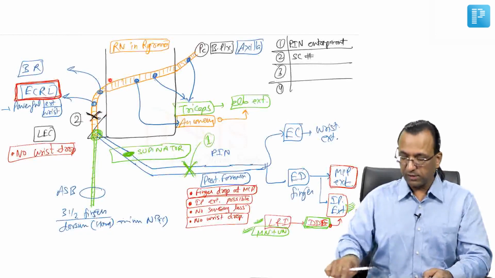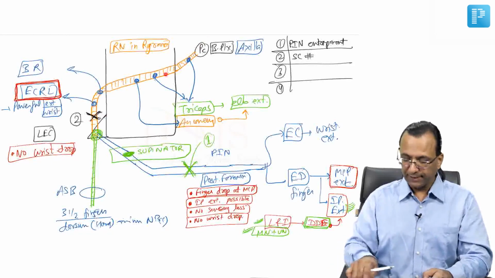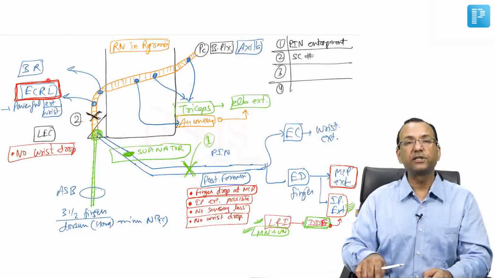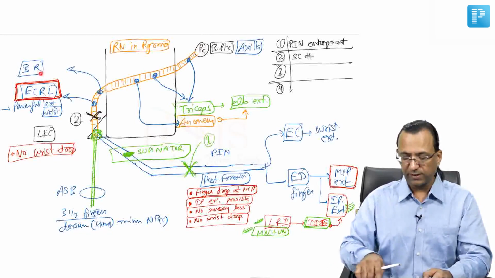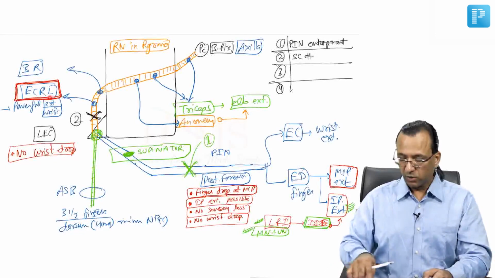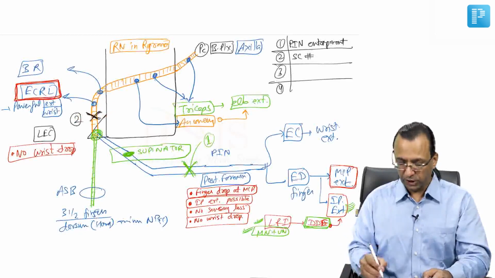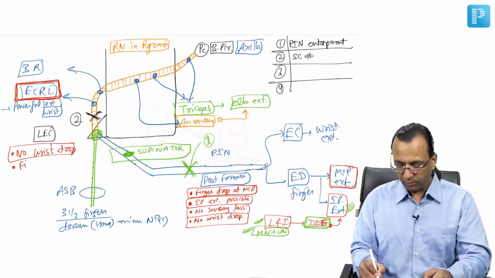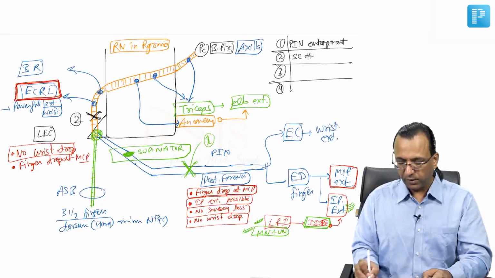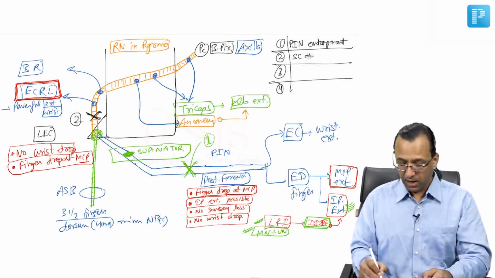You mean to say triceps working? Yes. You mean to say brachioradialis and ECRL working? Yes. And because ECRL is a powerful wrist extensor, no wrist drop. So this patient also has no wrist drop. Then what is there? What is there is finger drop. Of course, finger drop at the MCP joint, not the IP joint, only the MCP joint, and there